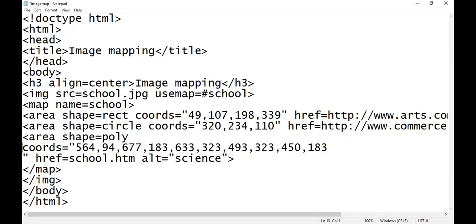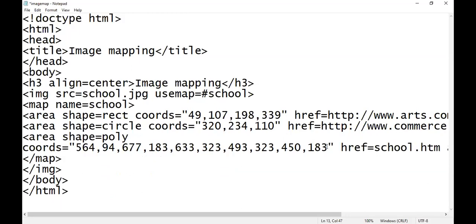I just press enter so that you will understand: this is for the first, this for the second, this for the third vertex, for the fourth one, and this for the fifth one. So a total of 5 into 2, 10 numbers are here, so it's okay. I save this file by clicking on save. Okay, so your program is completed.